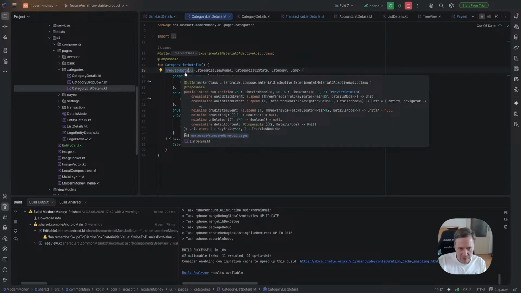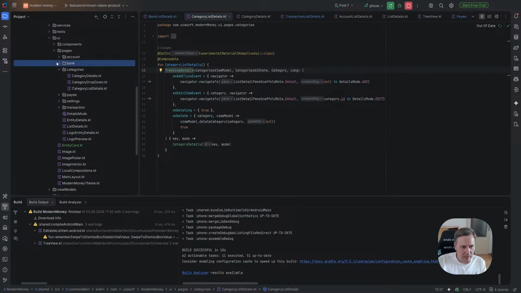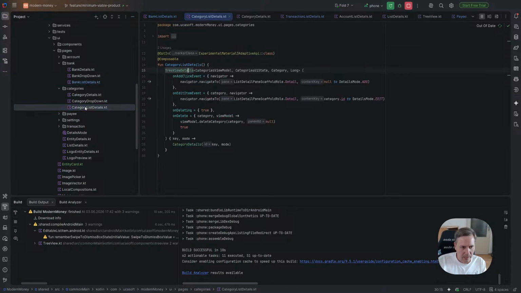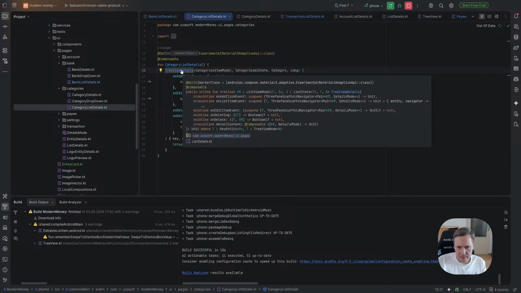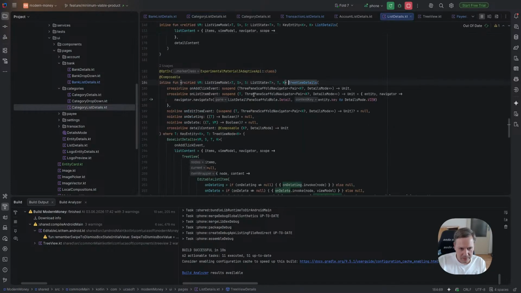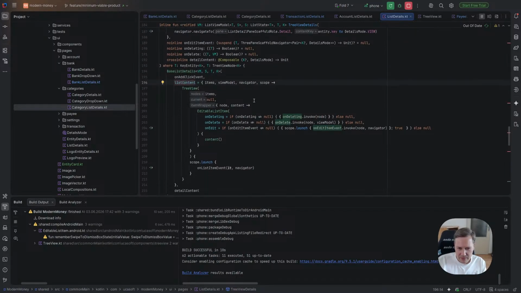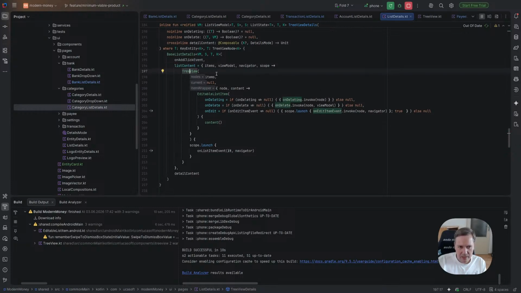Like we have this TreeView details, and if we go up again to bank, for example, we have list details and we have list content here. But for TreeView, we don't have tree content. We still have base list details, and inside it we have list content,